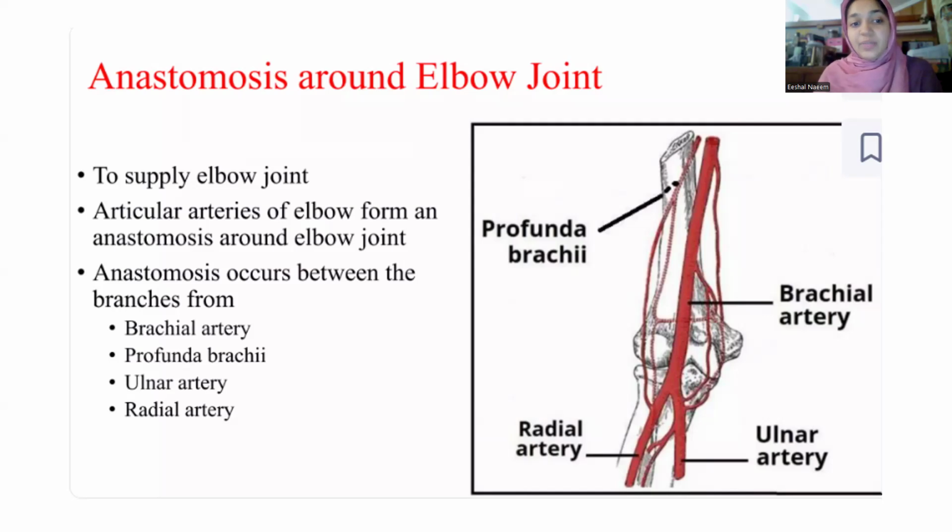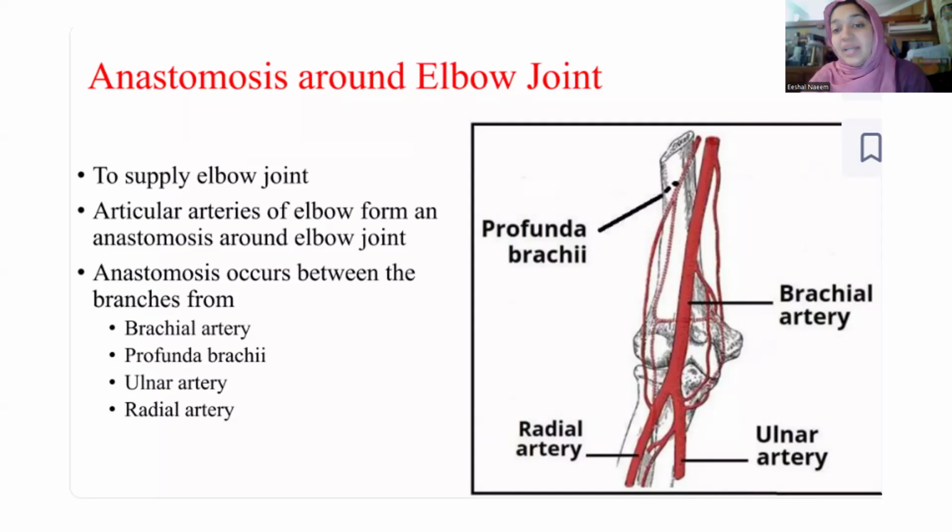The brachial artery is basically the continuation of the axillary artery after the border of the teres major muscle, and the axillary artery itself is the continuation of the subclavian artery after the first rib. So the subclavian artery after the first rib becomes the axillary artery, which after the border of the teres major becomes the brachial artery. Now, the brachial artery gives the profunda brachii artery at the upper one-third of the arm, and that spirals around from the posterior side of the humerus. It spirals in the spiral groove of the humerus with the radial nerve, and then comes and lies anterior to the humerus again, right?